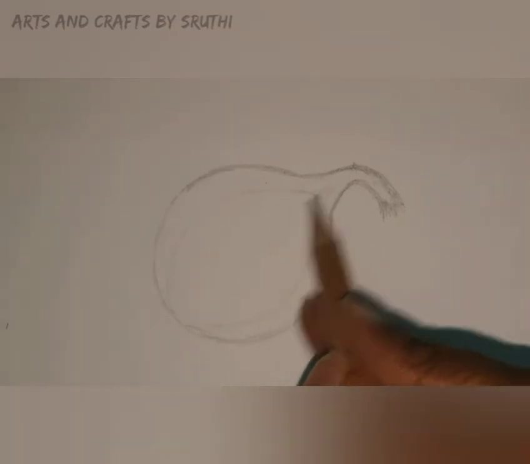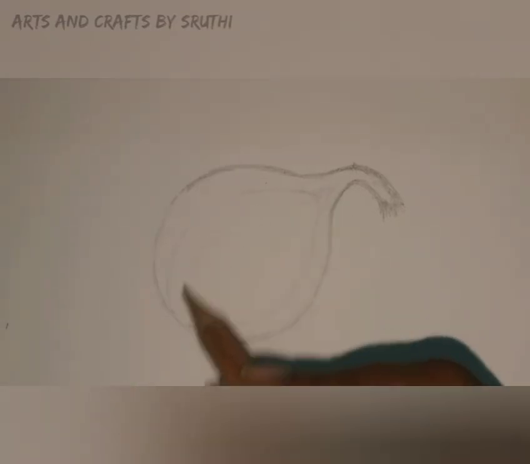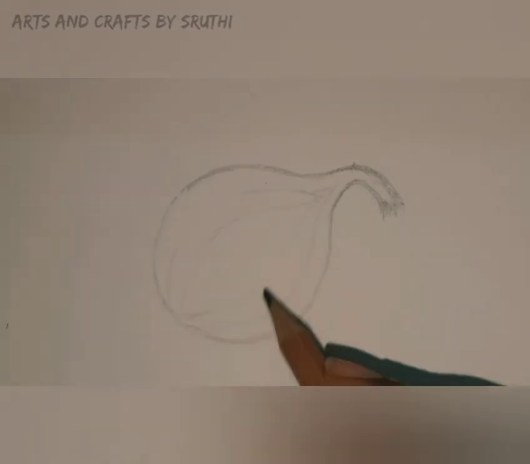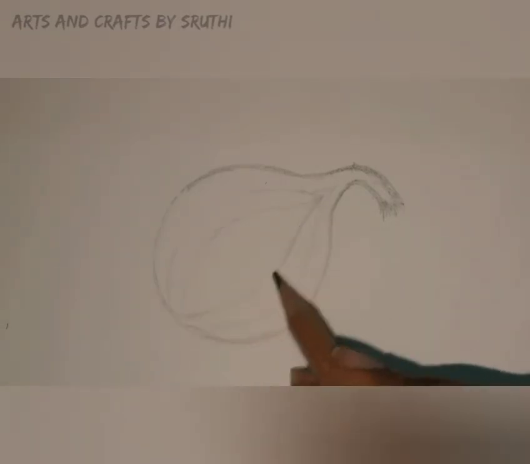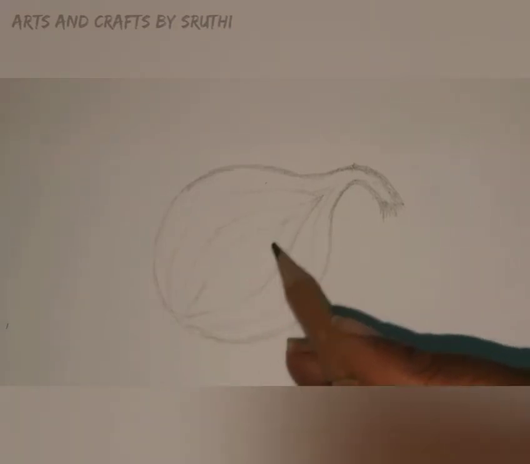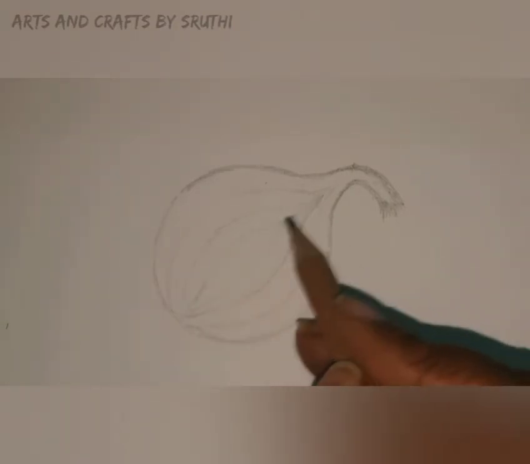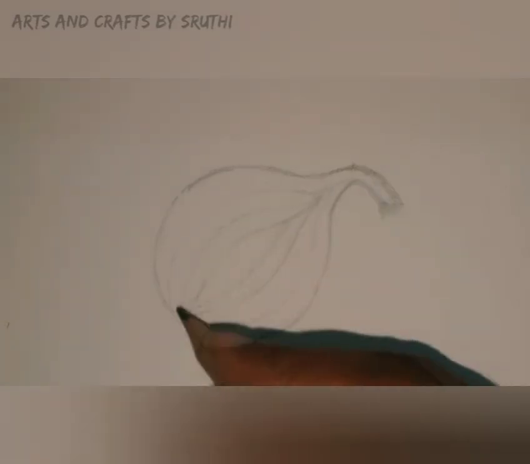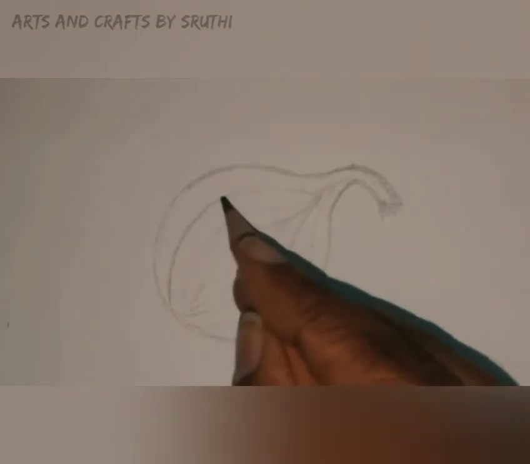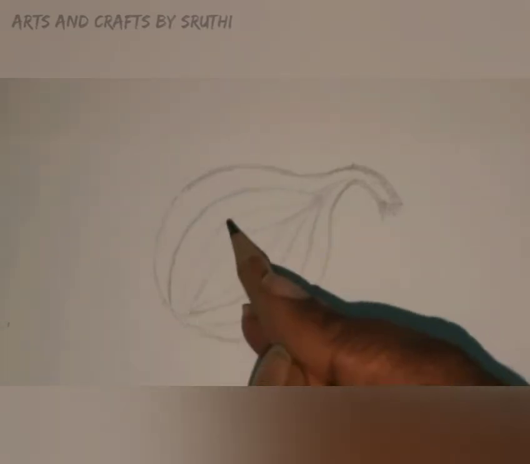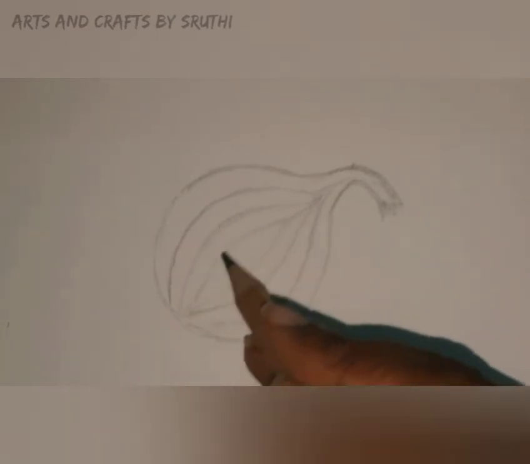When we use lines for shading also, we have to make our pencil strokes in the direction of these contour lines. We can make these lines a little darker.